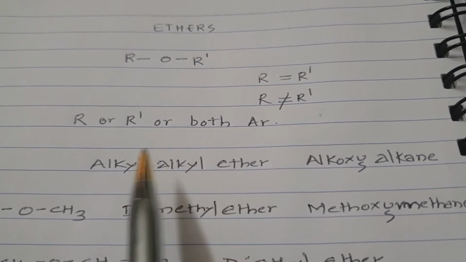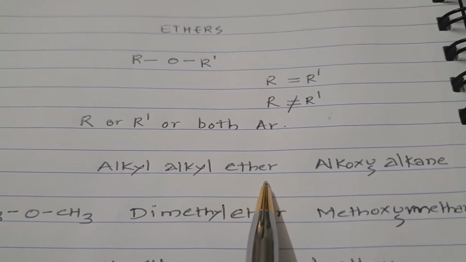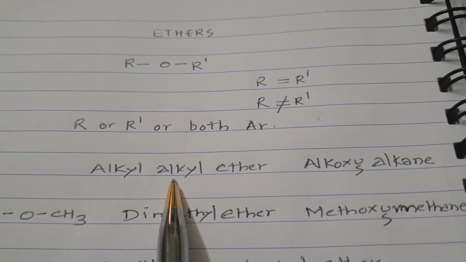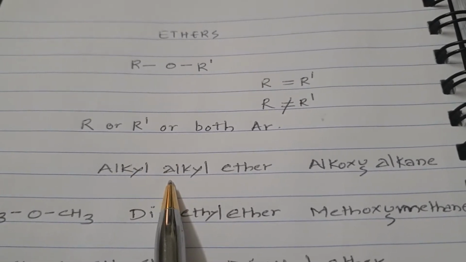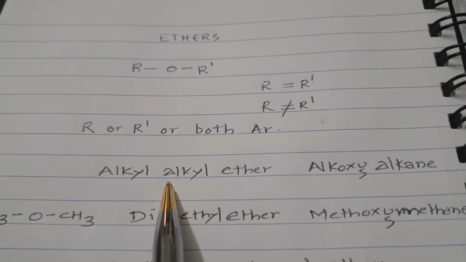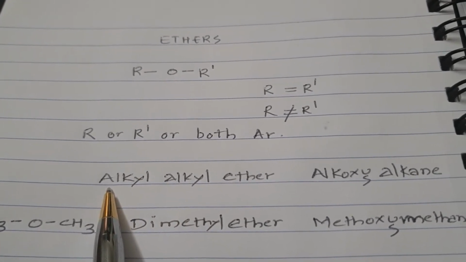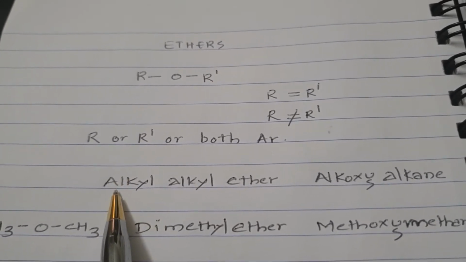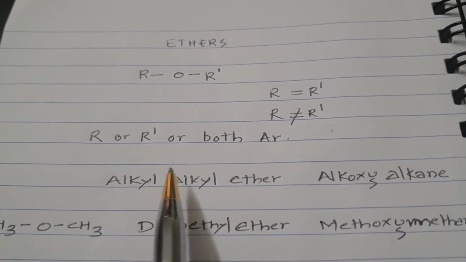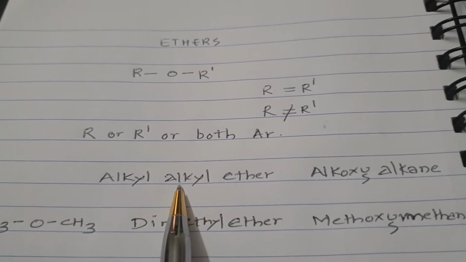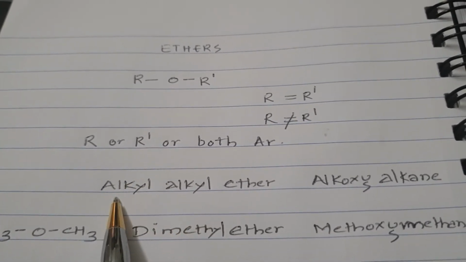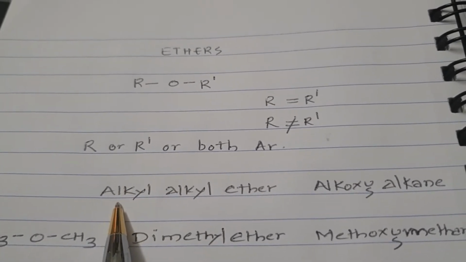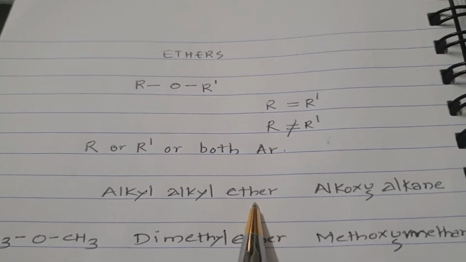Here, when we use the common nomenclature, alkyl alkyl ether may be easy for us to name when the two groups are same. But if the two groups are different, how are we going to name it, or what will be the order? In such cases, the one which alphabetically comes first will be named first and then the later alkyl group will come. That is, if I am having methyl group and propyl group, it will be named as methyl propyl ether.